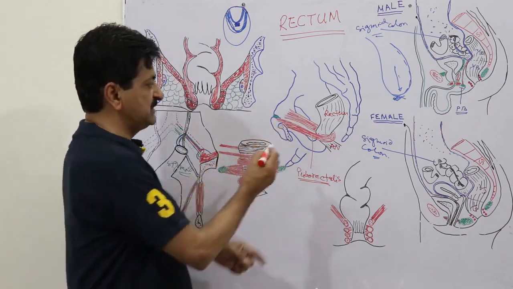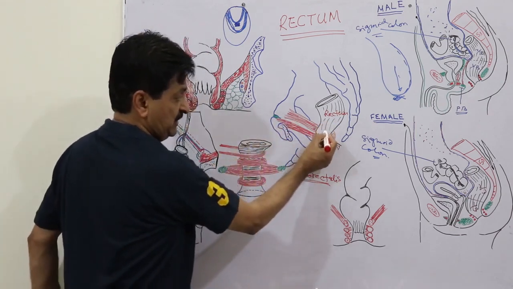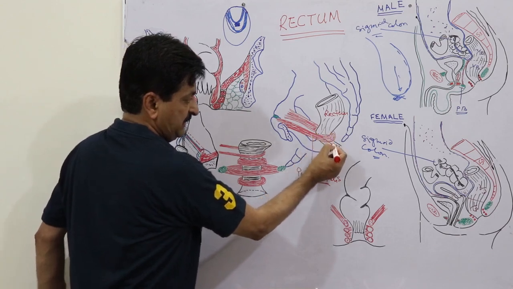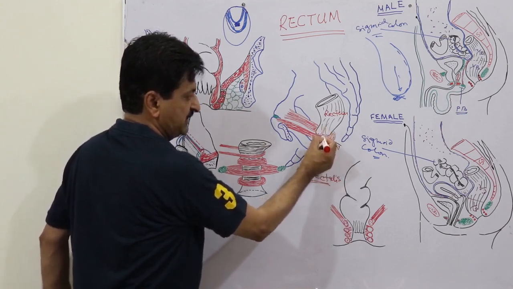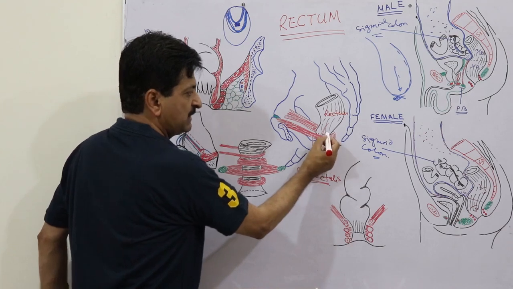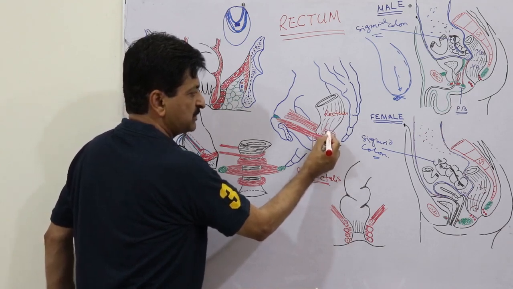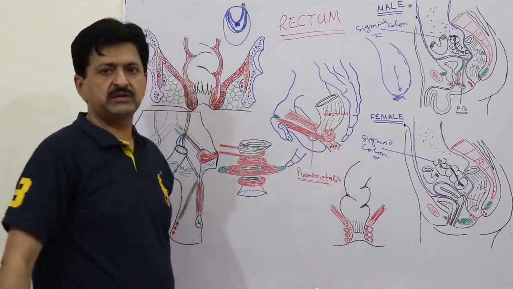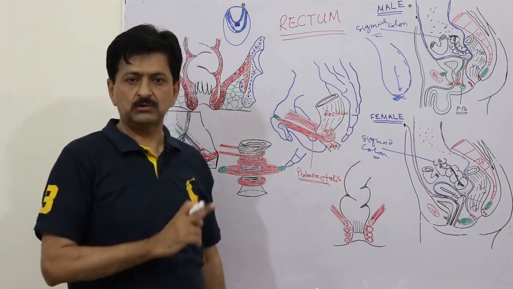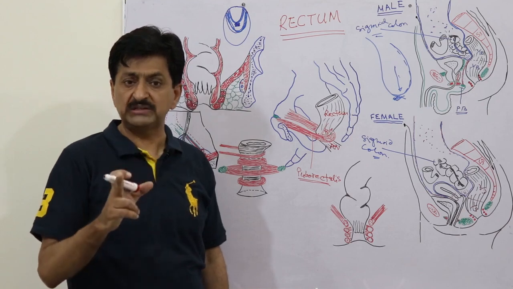And here, if you are watching, this angle between the anal canal and the rectum is between 80 and 90 degrees, roughly 80 on average. This is called the anorectal angle. The anorectal angle is maintained by the tone of the puborectalis, and you know that it is the middle